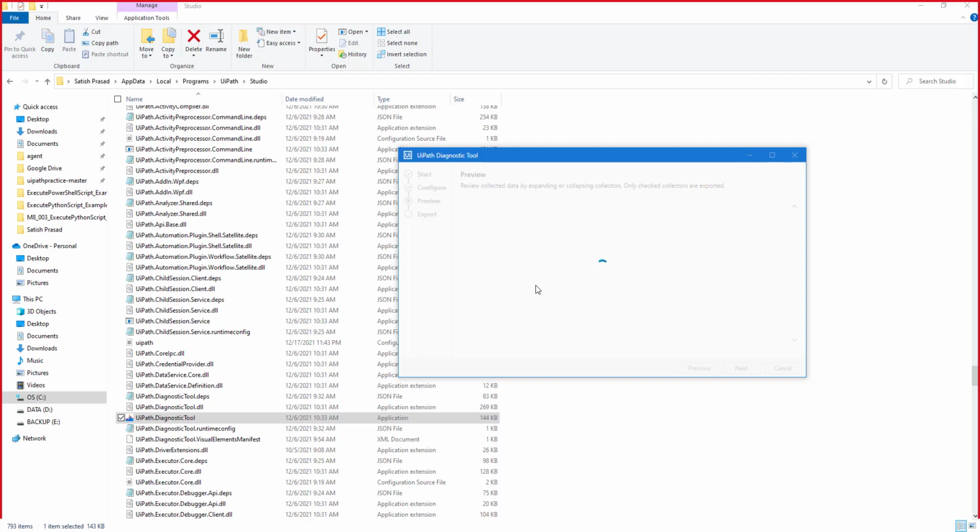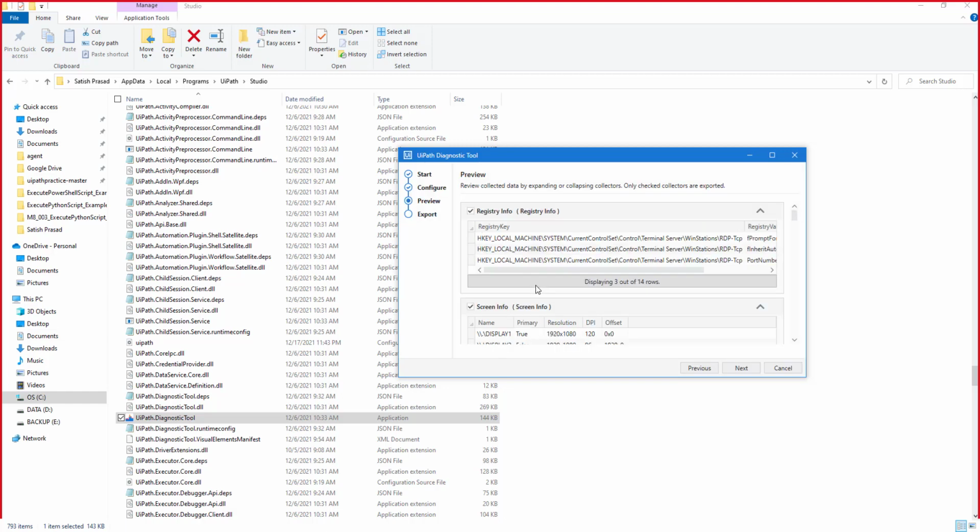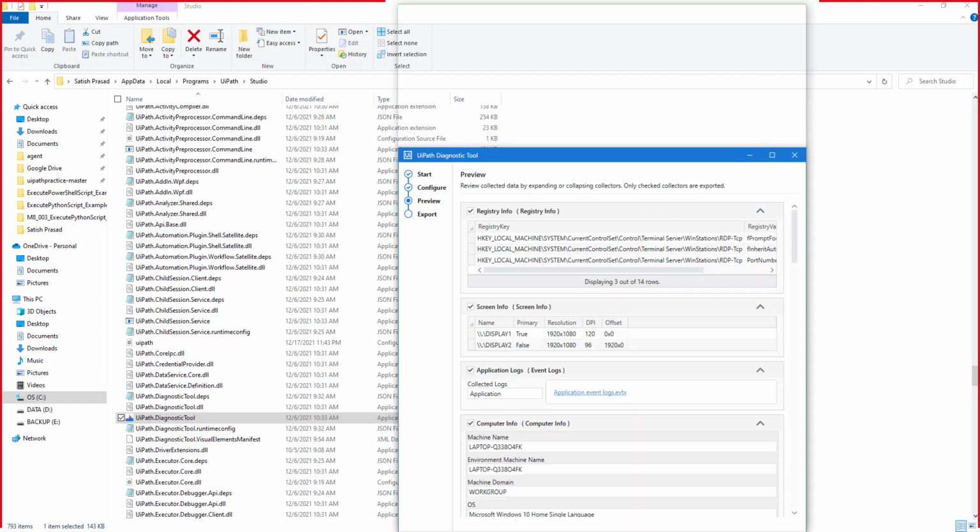This is a tool that is mostly used when you have raised a ticket to the UiPath team, and they will say that they understand you have a problem and ask you to please export the UiPath diagnostic logs so that they can understand what went wrong. It will give a lot of information.